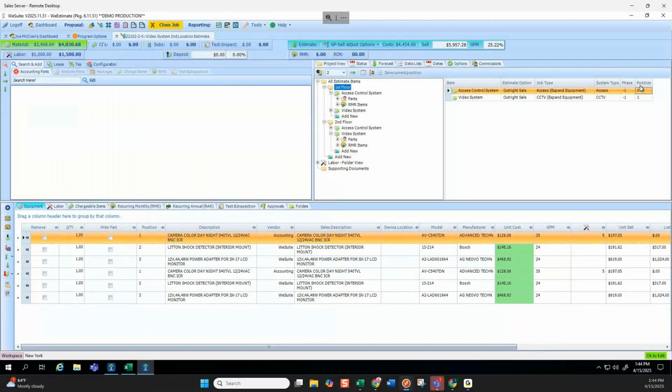And then position is if you wanted to reposition the folders and say, I want this one before that one, you're going to just change the number of the position and it'll move the folders around without having to rebuild it. Now, the main purpose here that most people use this for is to say, yep, I'm going to say this video system is optional. So this print on doc will now put a black question mark on the folder, and it's not included in the general outright sale. And so what that's going to do now is when I go to create my proposal,